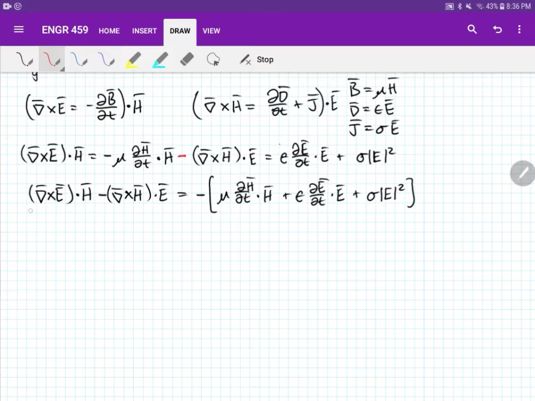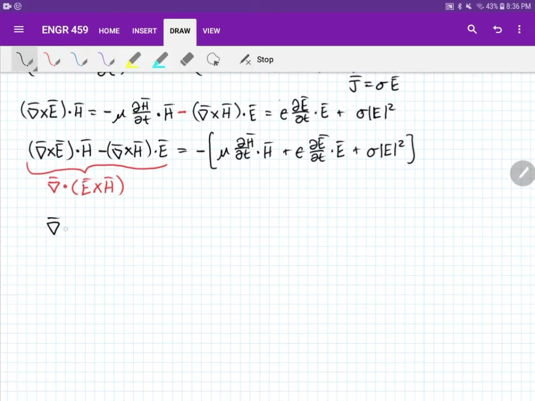And we can see on the left side that this is an identity, and this side will be equal to the divergence of E cross H. So subbing this in, the divergence of E cross H is equal to the right side again, mu times the derivative of H squared with respect to t, plus epsilon